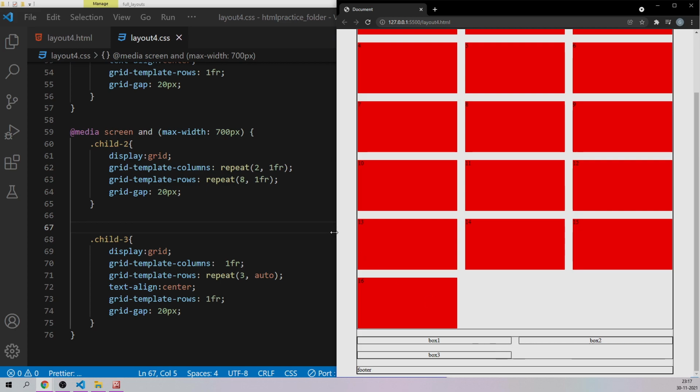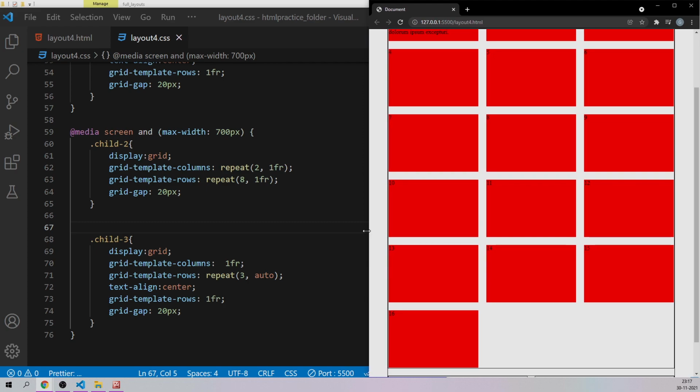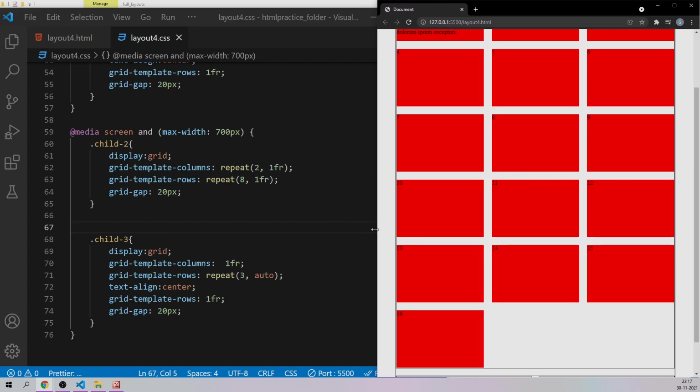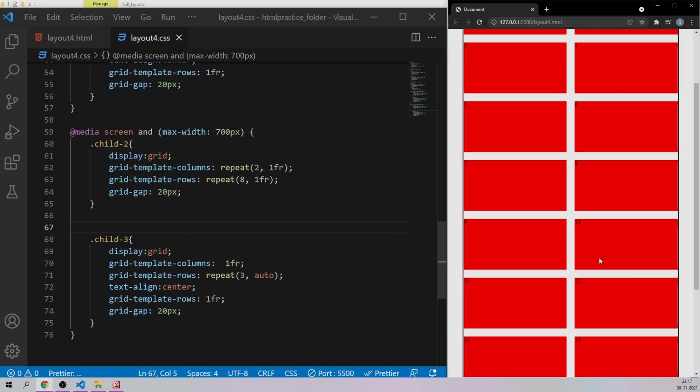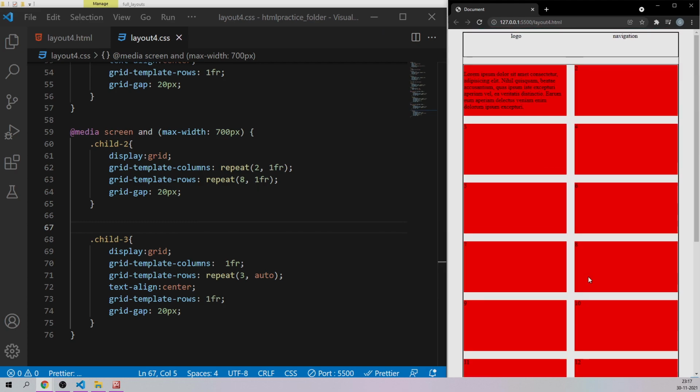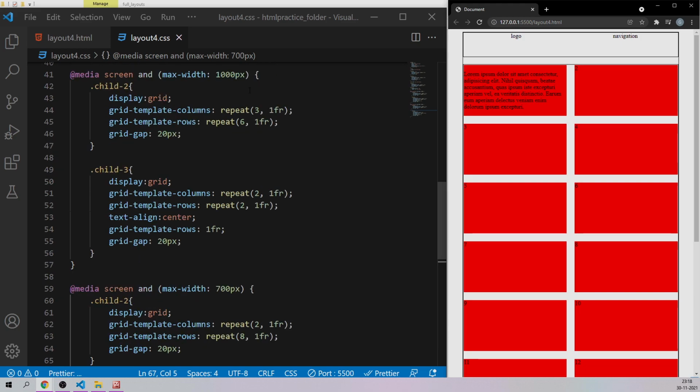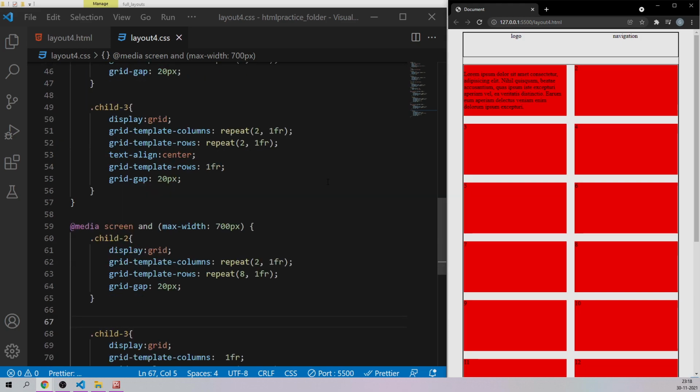Now as soon as it becomes smaller, less than 700 pixels, this is how we are going to get. But what happens if it is less than 700 also? We have to take care of that as well.